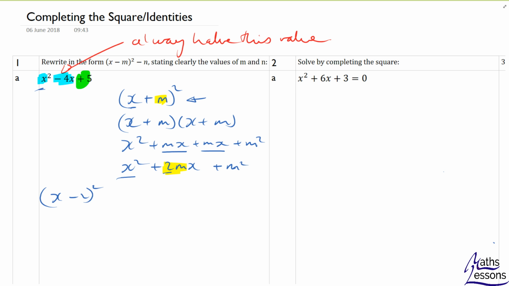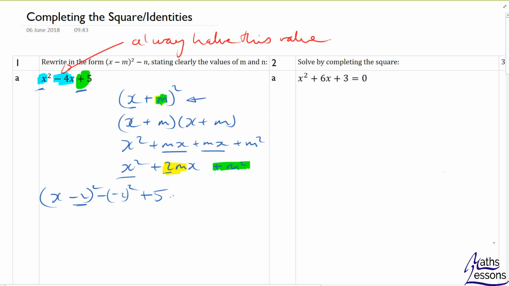Now, there's 2 ways to do this. There's the learn by rote way, and then there's the understanding way. The learn by rote way has a little bit of understanding in it if you want to. Every time you expand this, you always get an m squared on the end. So whatever this number is here, we're always going to get plus that squared. So let's take away that number squared. So let's take away minus 2 squared, so take away the minus 2 all squared,